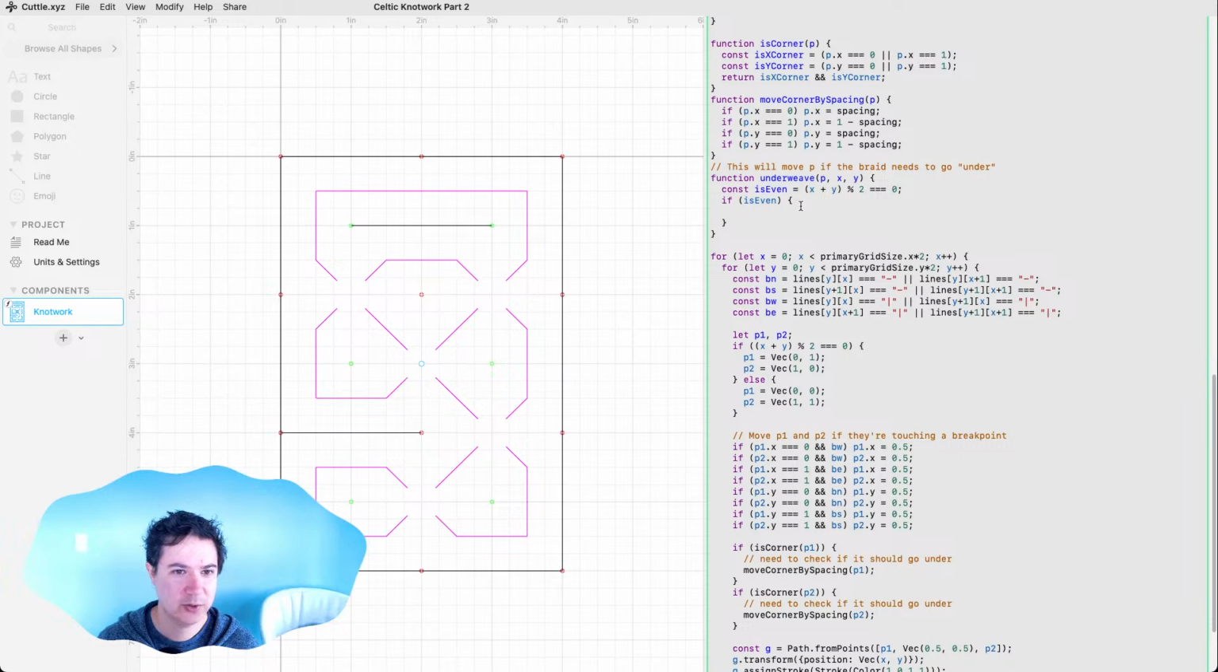I believe we can arbitrarily choose whether we're going to go over and under as long as the other one goes the opposite way. So I'm going to say if it is even, then we're going to care about, just pick one, whether we're in the upper left and lower right. So how do we figure that out? If it's even and if p dot x